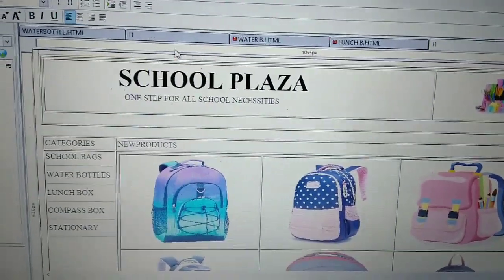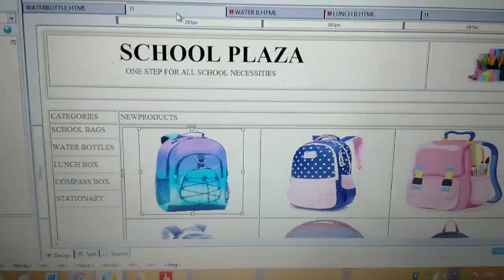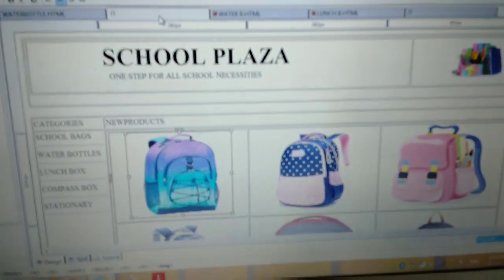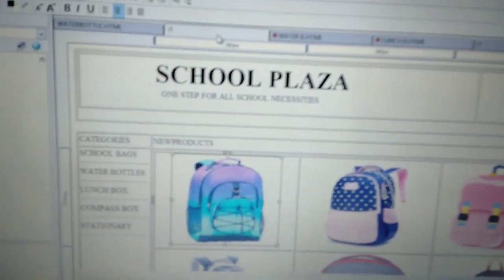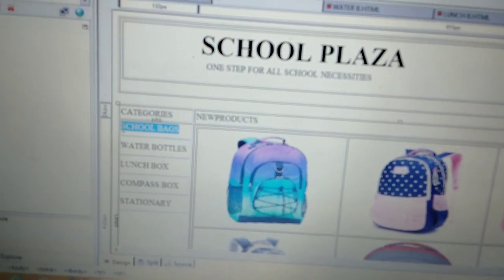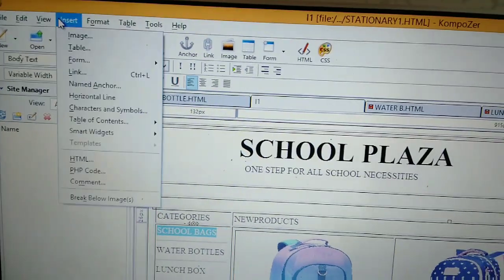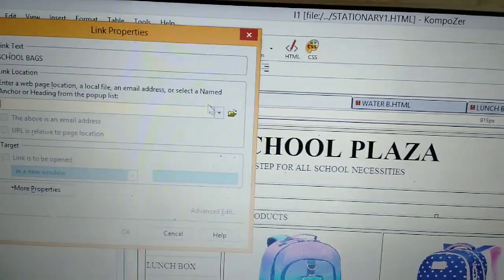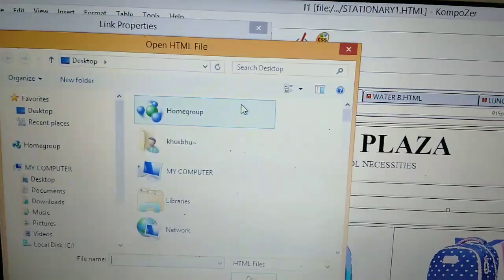Now apply hyperlink. How to apply hyperlink? You have to give hyperlink to all your pages. First of all, select school bags, only school bags. Then select insert, link, or Ctrl+L. The link properties dialog box will open.